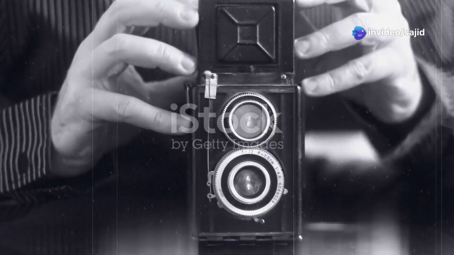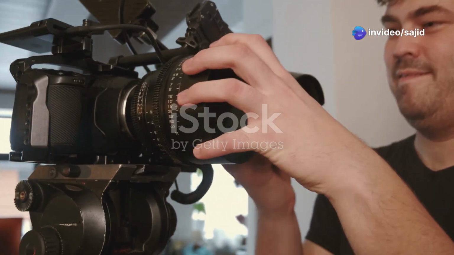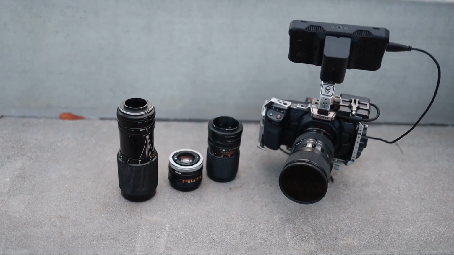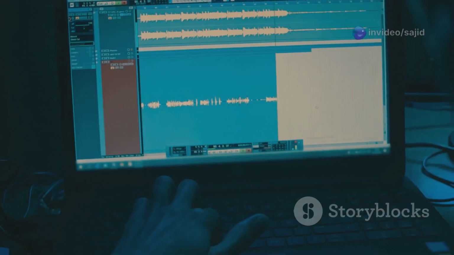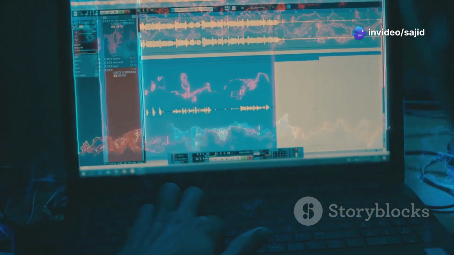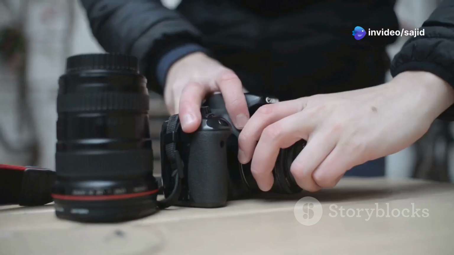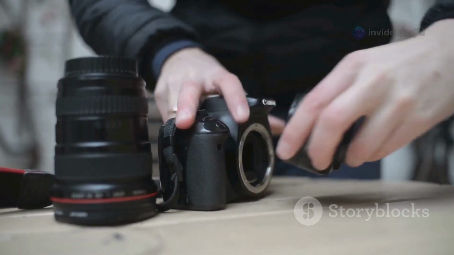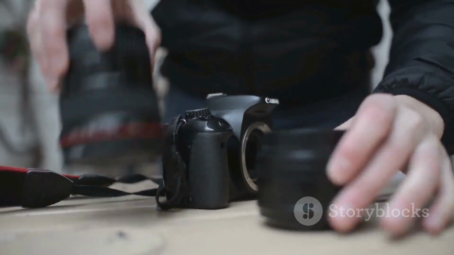Imagine your favorite camera. Now imagine adding a special lens to it. This lens gives your camera new abilities like taking wider shots or zooming in closer. Plugins are like lenses for your software. They add new features and capabilities without changing the core program. Just like you can swap lenses on your camera, you can easily add or remove plugins to customize your software